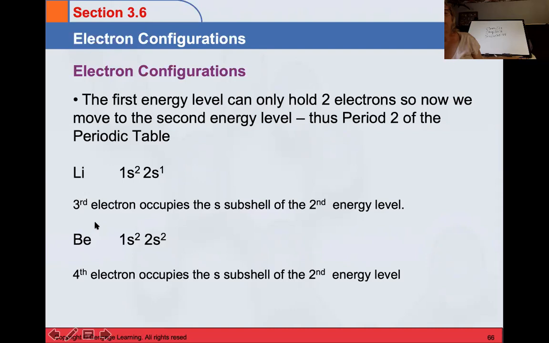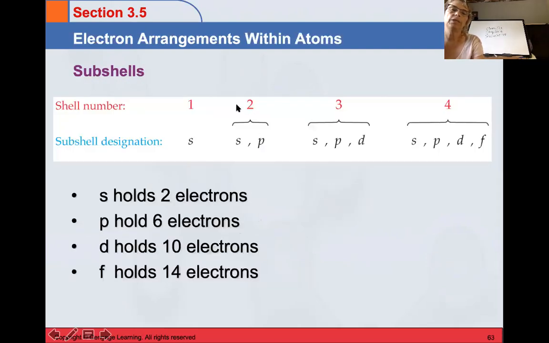And then if we just keep going in the periodic table, beryllium has 4 electrons. We would put 2 of them in the first shell and 2 of them in the second shell: 1s2, 2s2. Now, if we wanted to keep going past beryllium in the periodic table, we see that we filled